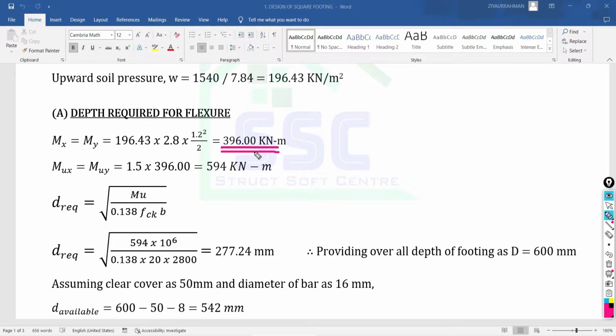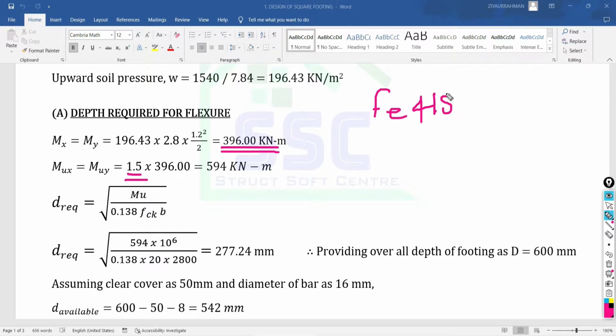Service moment. Now we have to find out the factored moment. For the factored moment, just multiply this value by 1.5. So you will get the total ultimate moment as 594 kilonewton meter. As we are going to use Fe415